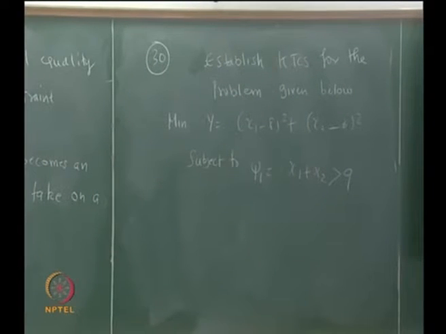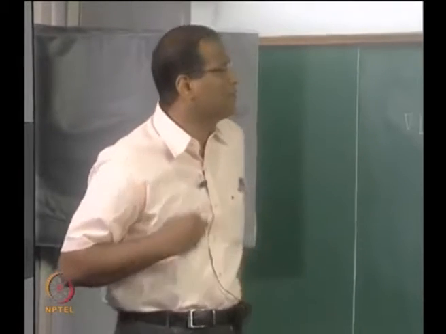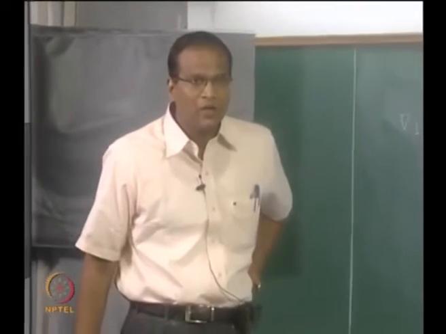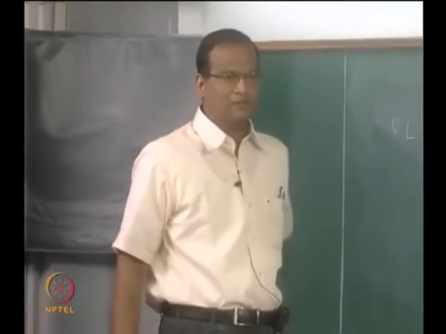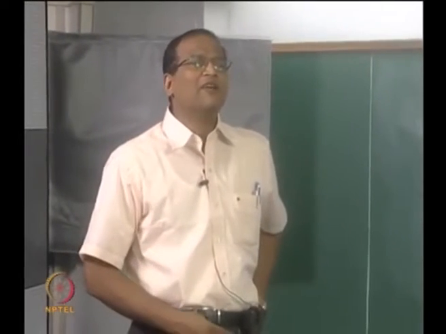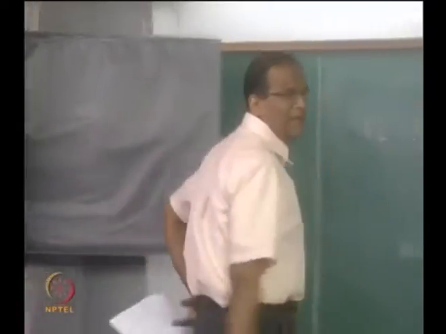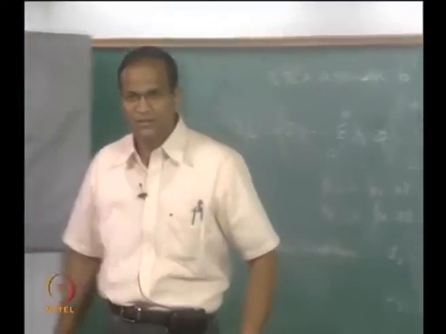It is the same circle problem, where the isobjective lines are basically the square of the radii. Now I have given an additional constraint, x1 plus x2 must be greater than 9. This is an inequality constraint, so we want to use the KTC. The first step in the technique is to assume that it is an active constraint and see whether u is positive or negative. Can you do this?